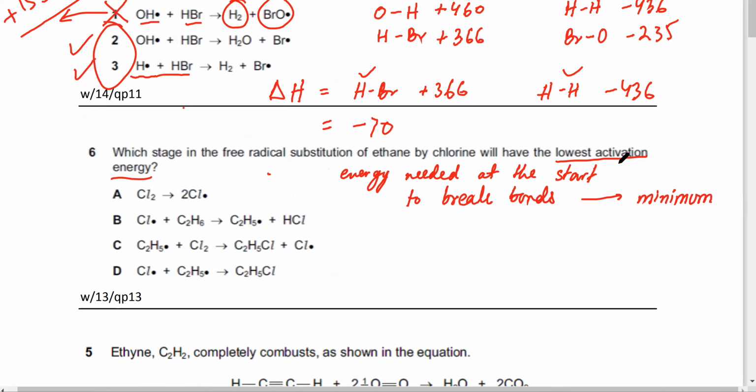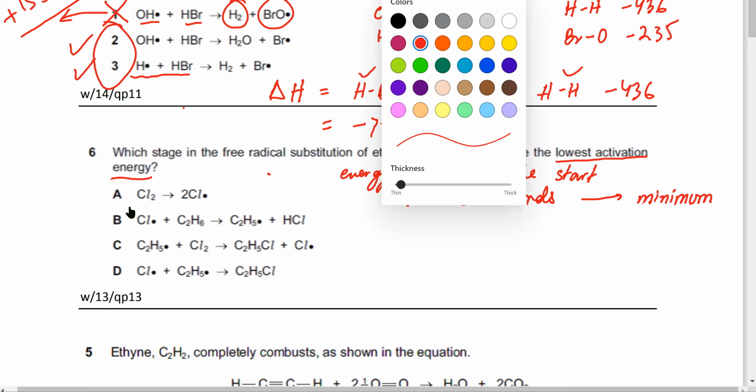Lowest activation energy is that energy needed at the start of the reaction to break the bonds has to be minimum. So if you look at the reaction carefully, you would have to break the ClCl bond. So there would be energy needed at the start of the reaction because you have to break the ClCl bond. So I'm going to write it over here that in this first reaction,